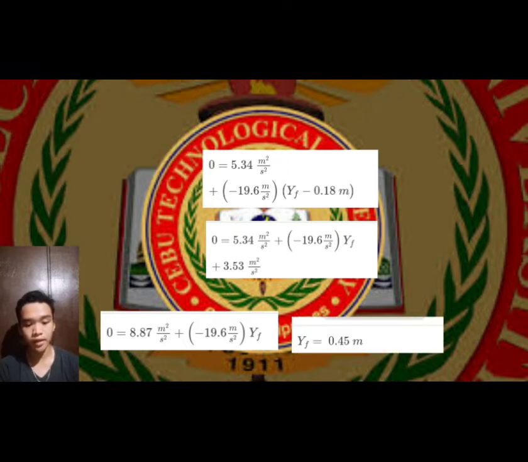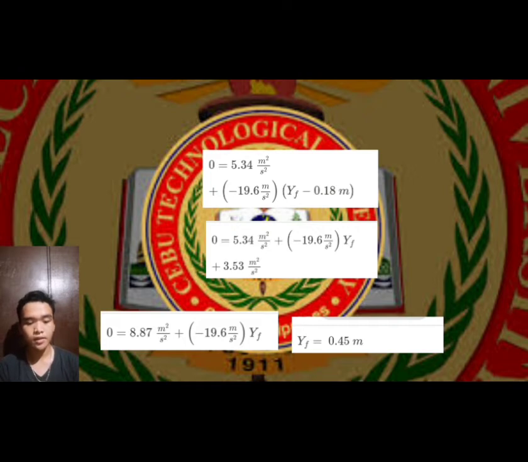We need to transfer the result of our velocity Oy squared plus y initial to the other side across the equal sign. We have negative 8.87 meters squared per second squared equals negative 19.6 meters per second squared, and y